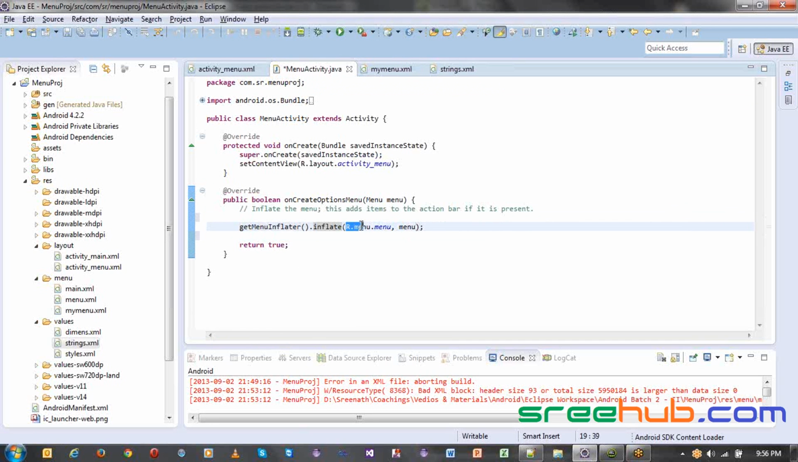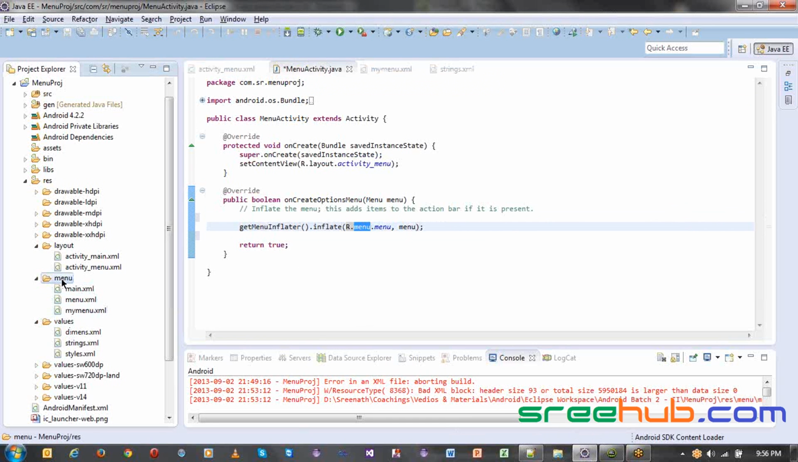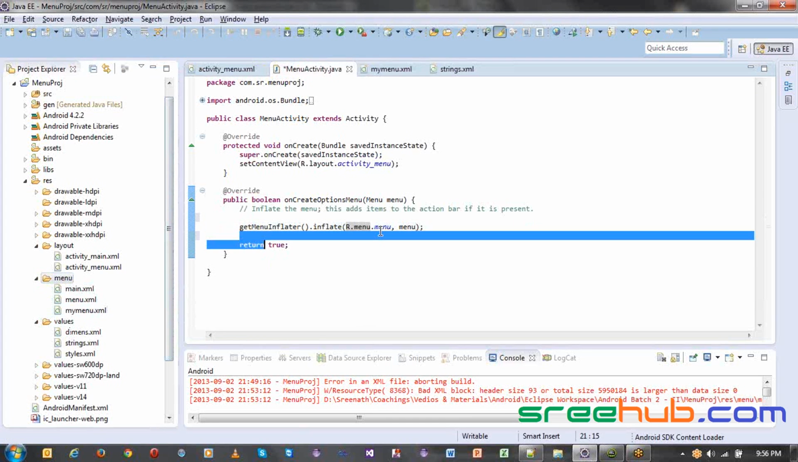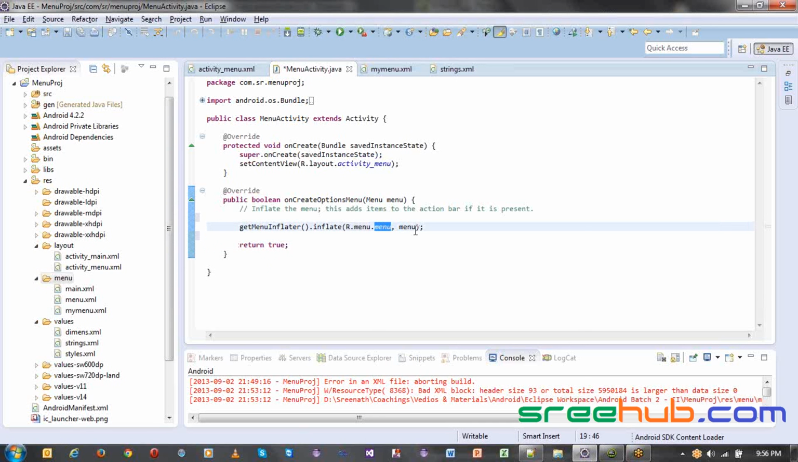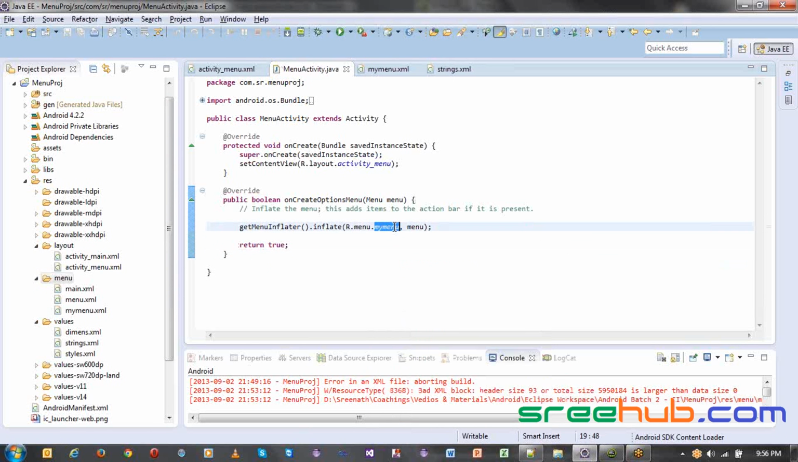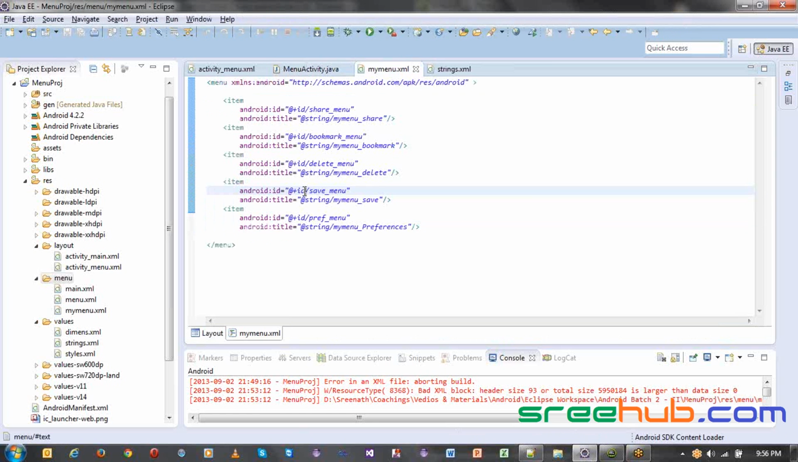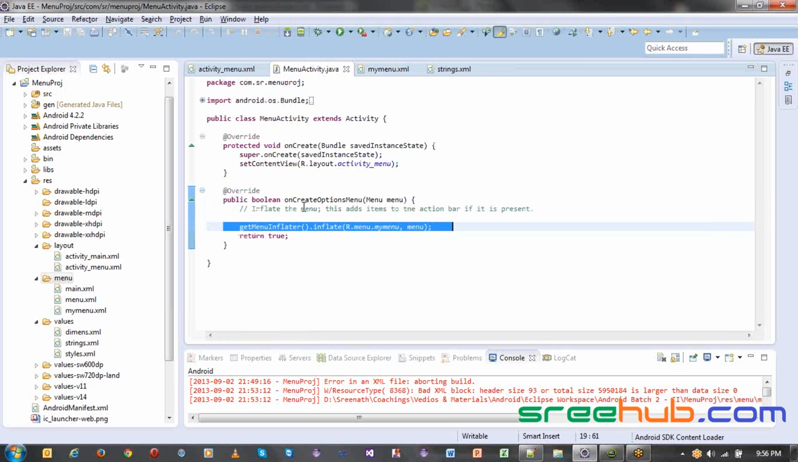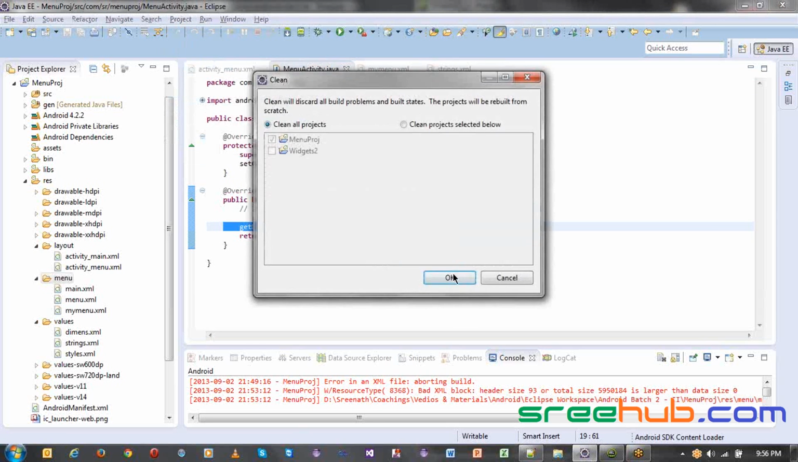So what to inflate? R.menu here is nothing but your menu resource, and instead of menu you can just say dot mymenu. So this menu will be mapped to your menu here. This is a single step which will map the complete menu, whatever you have created here, to the current context of your menu activity, right? So let us run this and we'll see how we can actually